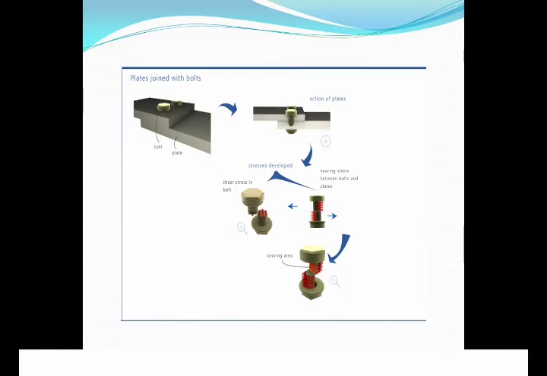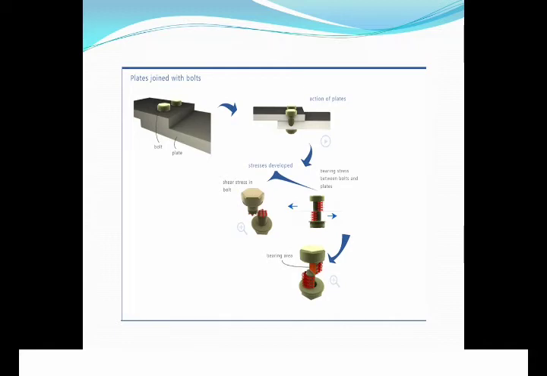In that case, the cross section of the plate as well as the bolt is shown, and we can see the shear stress in the bolt or in the plate, depending on which is weaker, will shear. Now we have to be careful when calculating tau equals P by A. A is the area, which is nothing but the projected area. The thickness of the plate, or 2 times t, into the diameter of the bar will be the area for the shear failure.